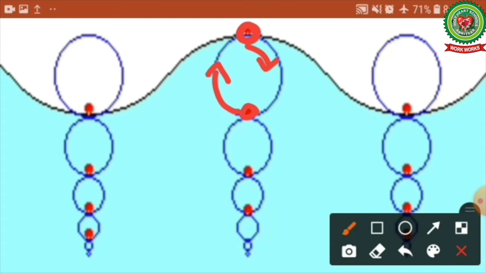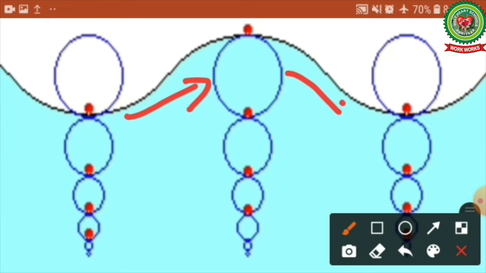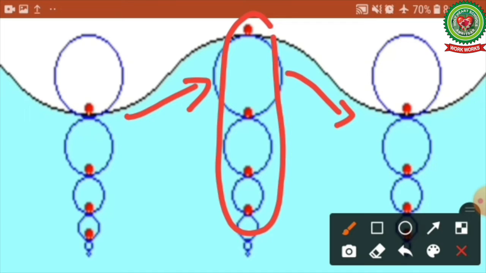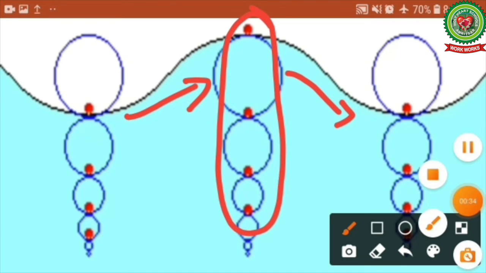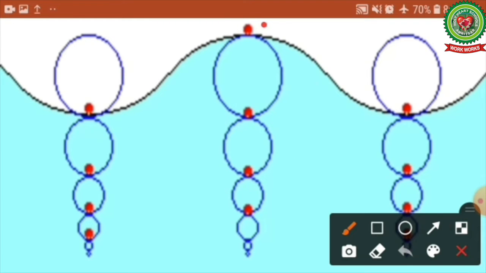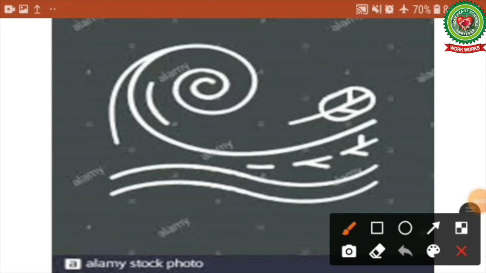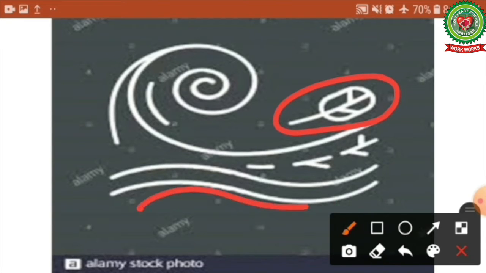It is clear from the movement of the water in a wave that only the form of the wave moves forward through the water, and water itself does not move forward or backward. So, in a wave, the water particles remain in their place, only the waves pass on. This is why a leaf or a ball or a cork floating in the sea remains in the same position while the waves pass away.